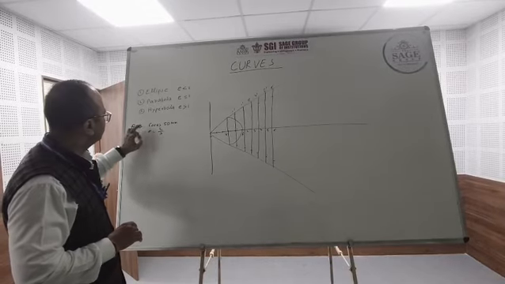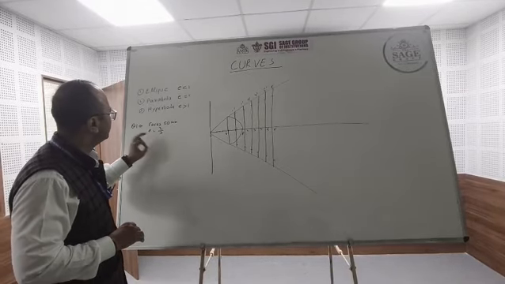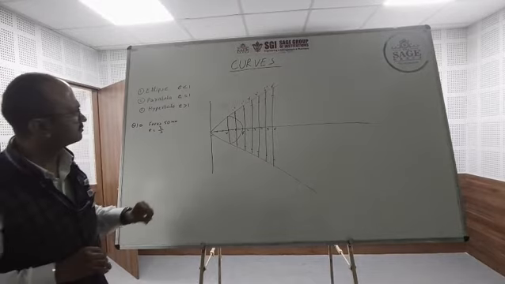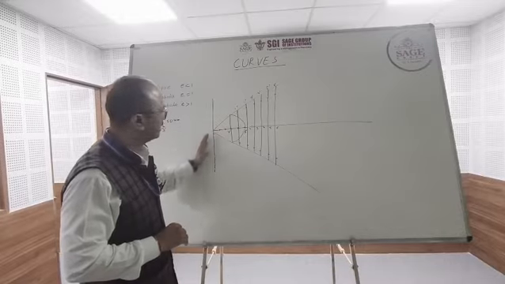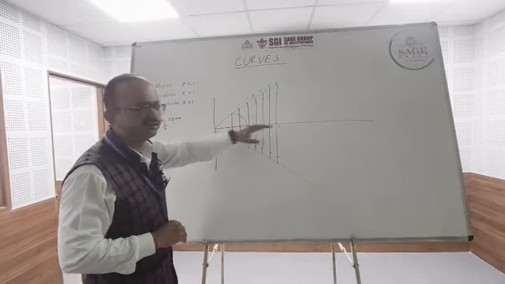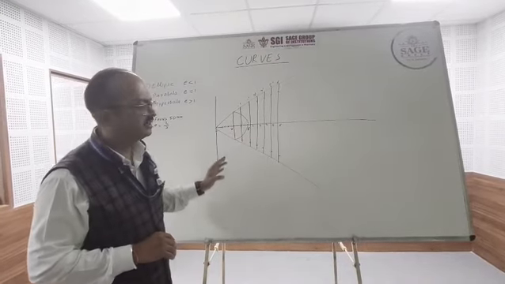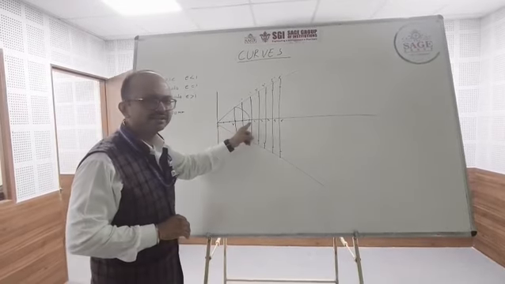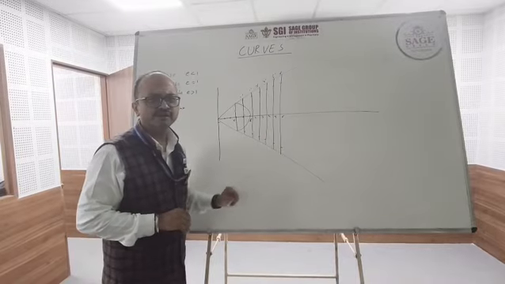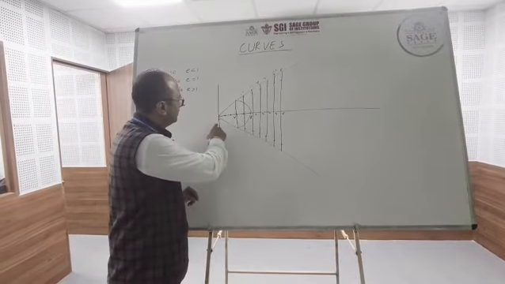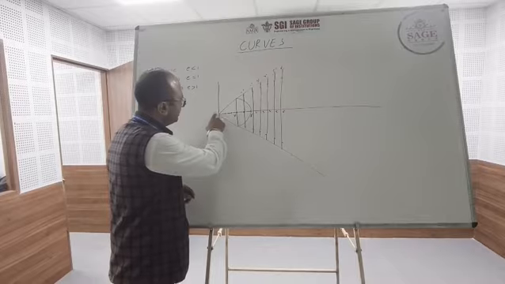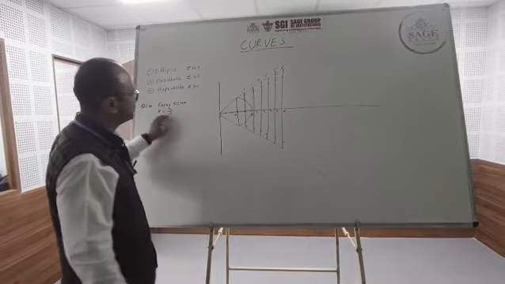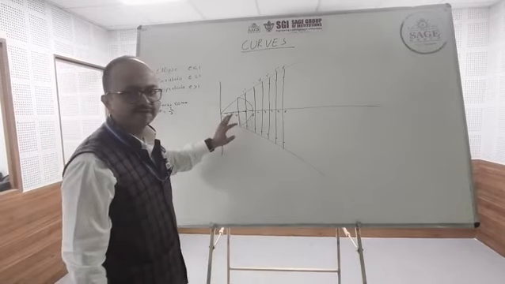Say we have a question: the focus is at 50 mm and the eccentricity is 2 by 3, and we are supposed to draw an ellipse for that. For doing that, we will draw a vertical line, then a horizontal line, and both these lines are axes. As the focus is 50 mm in the question, we will mark the focus at 50 mm distance on the horizontal axis. Then we will divide the distance from the vertical line to the focus into 5 parts. Why? Because 2 plus 3 is equal to 5.